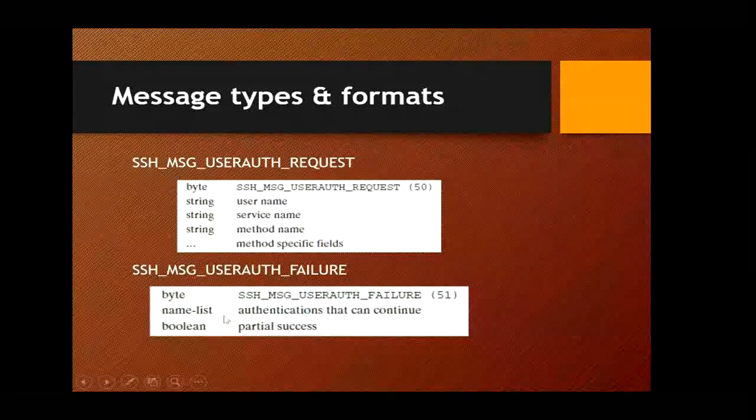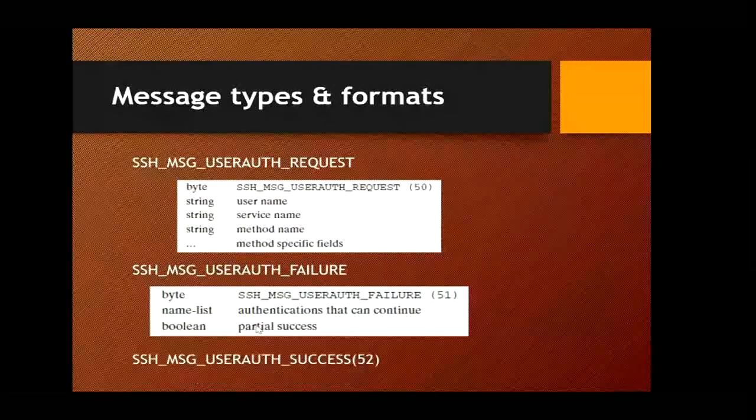So if the server accepts the authentication, it will send an SSH message corresponding to the success. So let us look at the message corresponding to the success. You can see that this message is SSH_MSG_USERAUTH_SUCCESS, which will be having a decimal value 52.